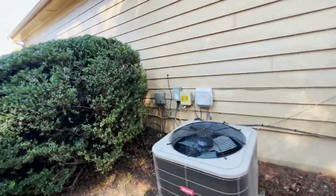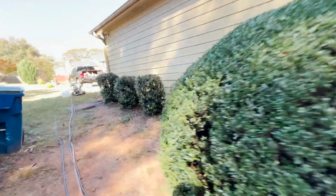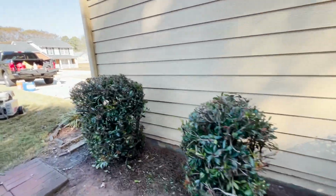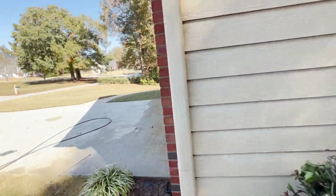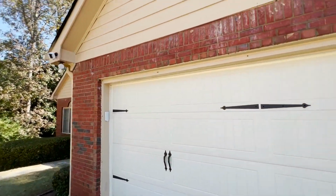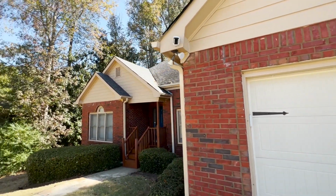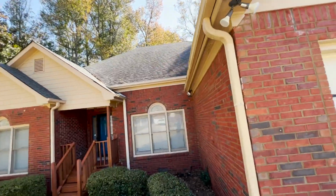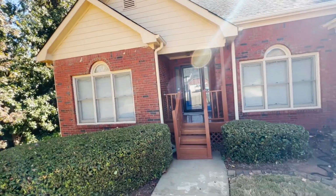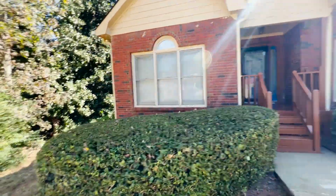All right, so we got this part done. I'm going to move my pressure washer over closer to this side of the house over here. I rinsed everything down over here, and this is looking pretty good. All that's looking good. Like I said, it wasn't bad, so I didn't really have to put that much in it. So this last little bit over here,